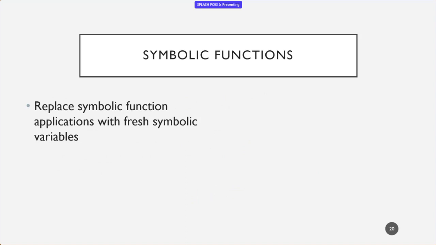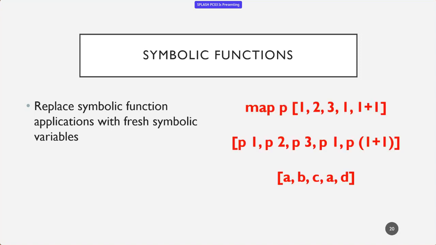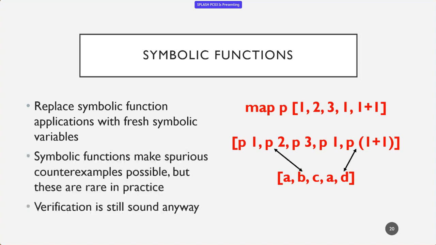One other significant implementation detail to note is our handling of symbolic variables of function types. We don't concretize symbolic functions in the way that we concretize symbolic variables of other types. What happens instead is that when we encounter an application of a symbolic function, we replace it with a fresh symbolic variable. If we ever see the same application multiple times over, we can reuse the variable from before, but we only do an exact syntactic equality check, so it's possible that we could make distinct substitutions for two applications